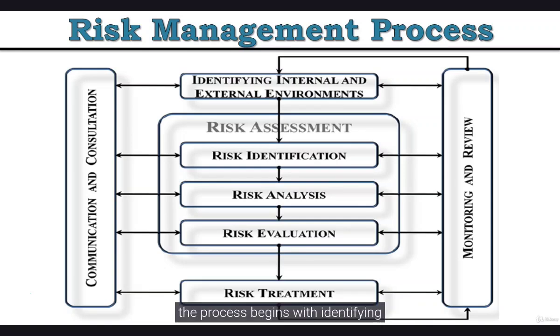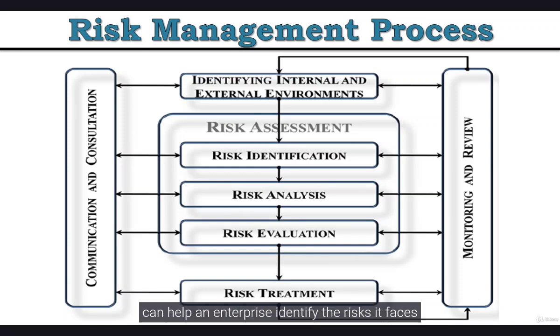As you can see here, the process begins with identifying internal and external environments. Enterprises may inadvertently overlook internal risks. These may include those posed by a rogue employee, as well as those posed by inadequate policies, strategies, or organizational structures. The external environment in which an enterprise and its suppliers must work will also pose differing risks. For example, some suppliers will face meteorological risks, while others, because of their distance, may have greater transportation risks.